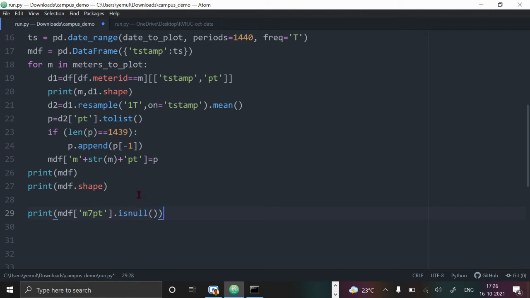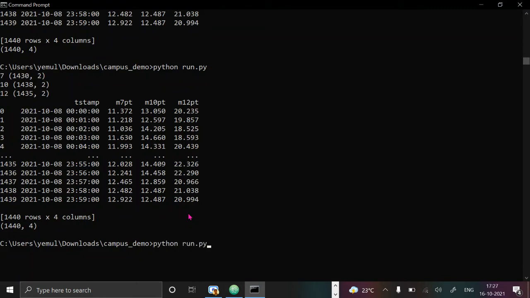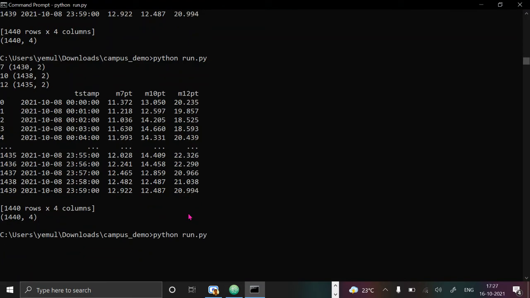If there's a null value, it will show up. And again MDF. Let me just balance the variables. Hopefully this will print the null values of the meter 7 column.